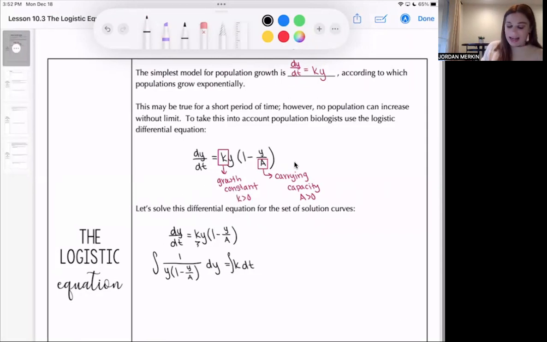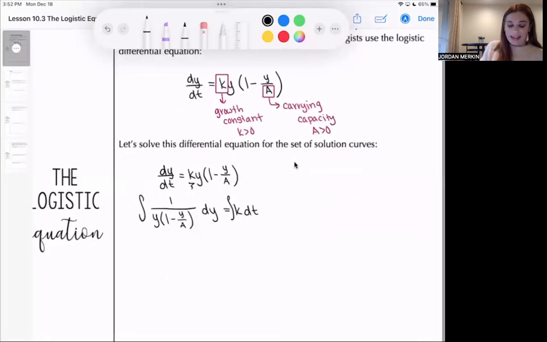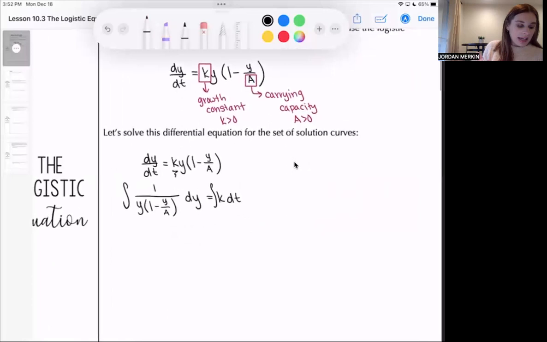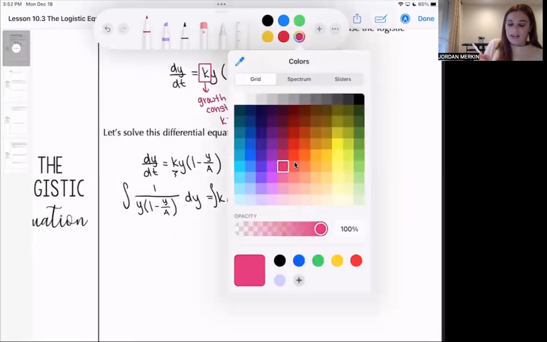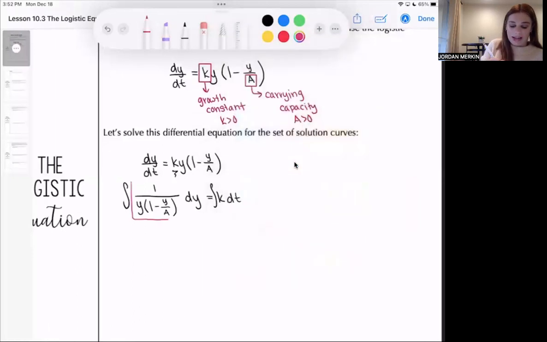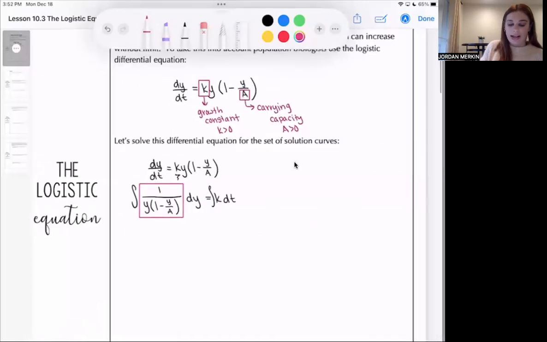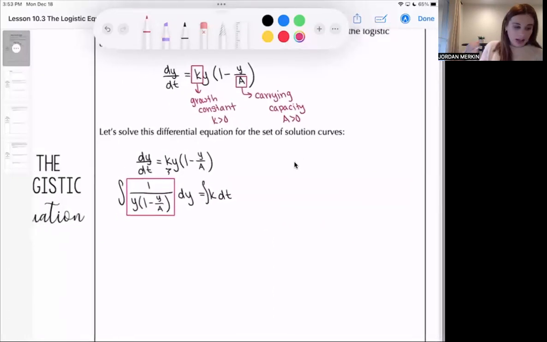Okay, now what we can do next is we can take this piece right here. I'm going to do this in another color off to the side. This, we're going to have to do some partial fraction work. And so we want to figure out how we can rewrite 1 over y times 1 minus y divided by A as a over,